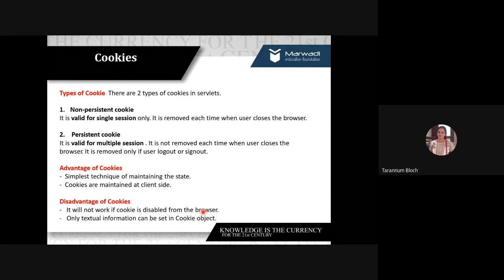Why is it persistent? Because the user must log out or sign out. Then and then it will be removed. And once it is logged out or signed out, then you are recognized or allowed to use it a second time. Simply if you are closing the browser, it won't work. That's why we say SonicWall is using persistent cookies. Fine. I hope everybody is clear.